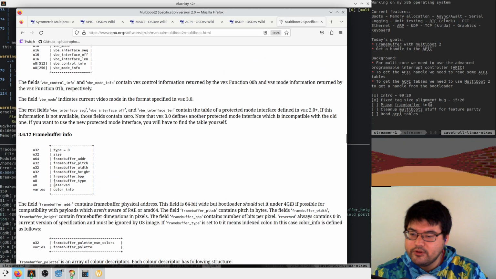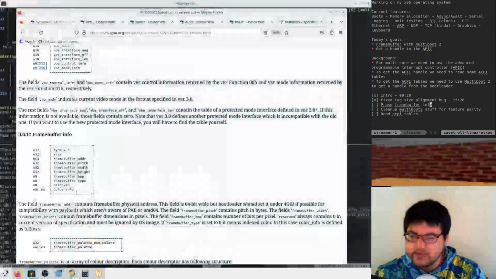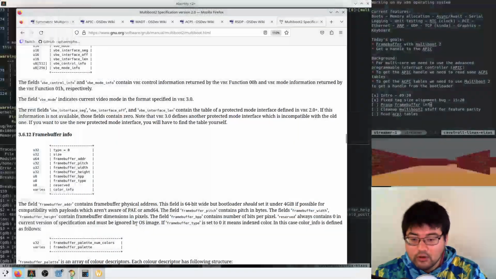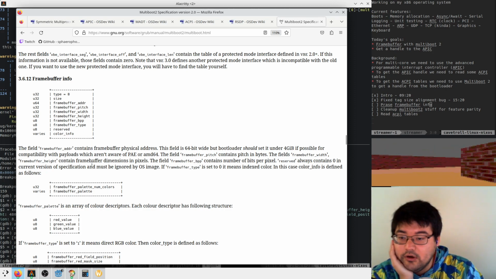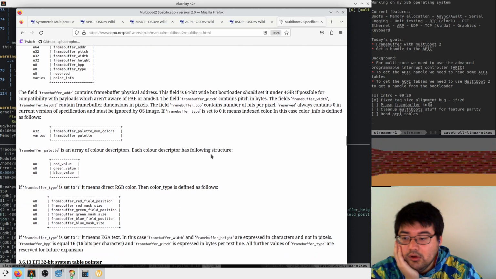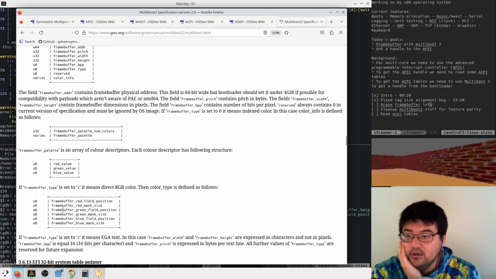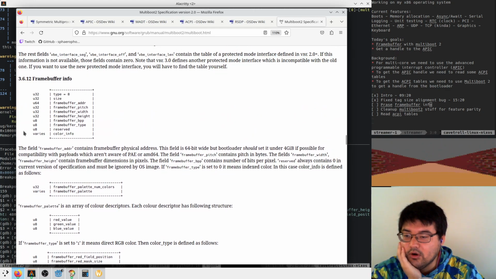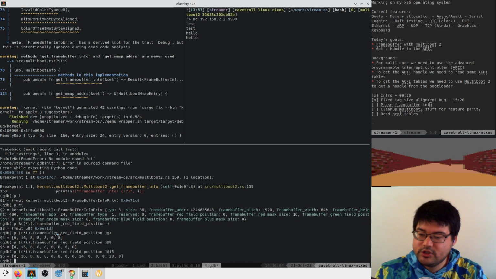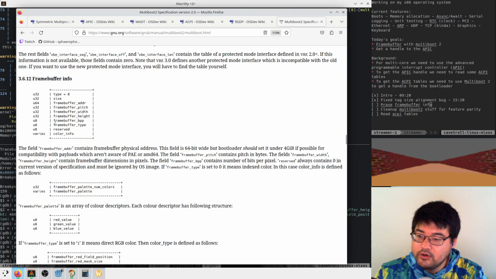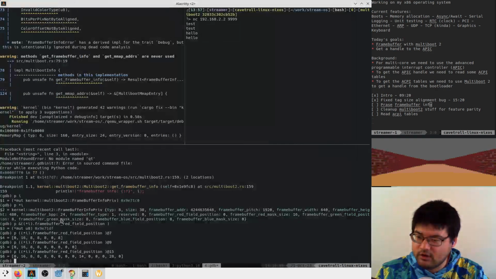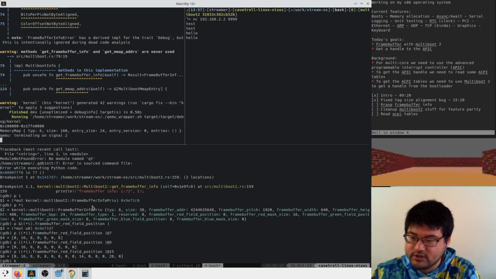So it's possible that this color info is off by 1. So let's try to look at that. Color type is defined as follows: it's 6 U8s. Or is it possible that we're off by 1? If we shifted our reserved by 1, then everything would line up. Let's look at our type definition here.